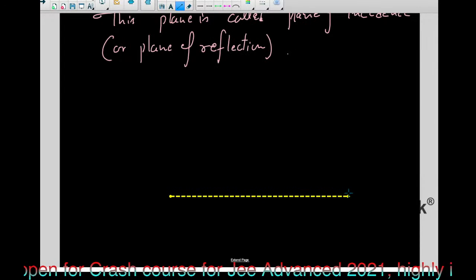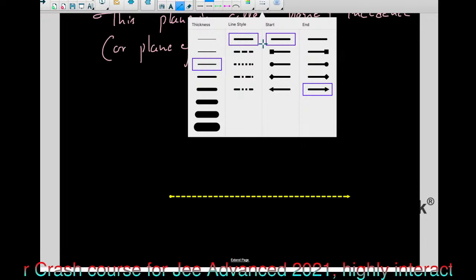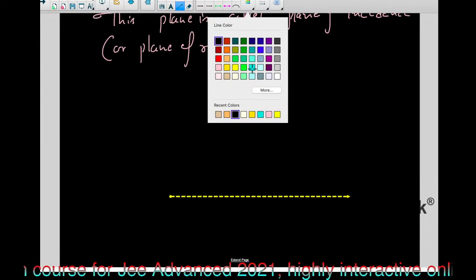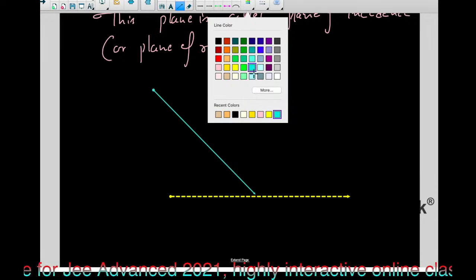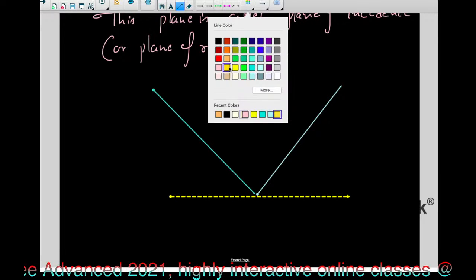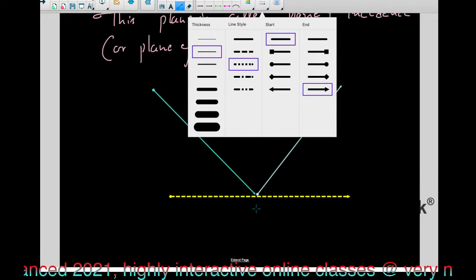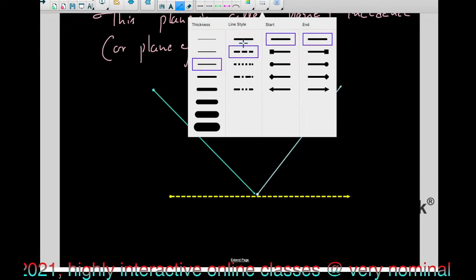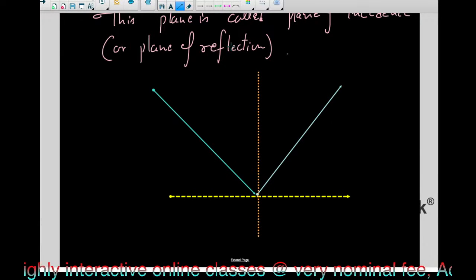ये देखो, ये आपका कोई प्लेन है, और यहाँ पर फिर हम लोग को ये इस तरह से लिखना होगा, इंसिडेंट रे ले लेते हैं एक, दिस वन इज इंसिडेंट रे, फिर यहाँ से रिफ्लेक्टेड रे रहेगा, दिस वन इज रिफ्लेक्टेड रे, एंड दिस व्हाट वी कॉल नॉर्मल, ये नॉर्मल रे ले लेंगे।